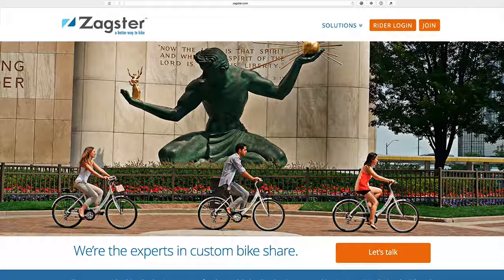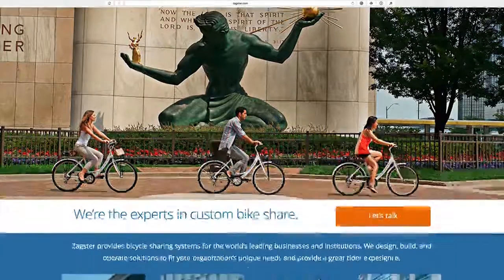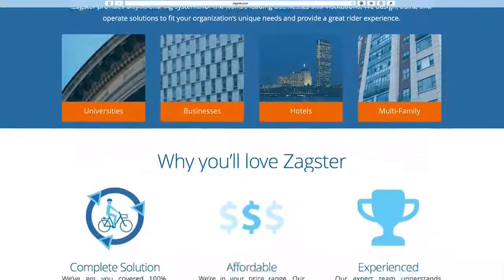Pictures and words. Today we're talking about the website for the bike sharing solutions company, Zagster. To follow along, you can find this website at zagster.com. That's Zagster.com. To give you a little background on Zagster, founded in 2007, Zagster is a venture-funded startup company based in